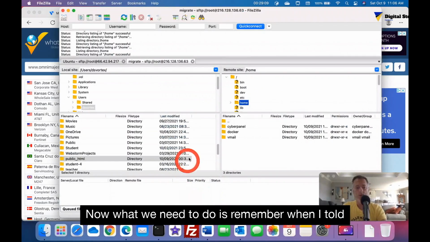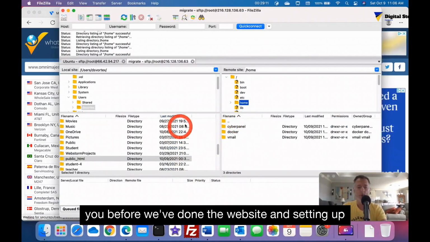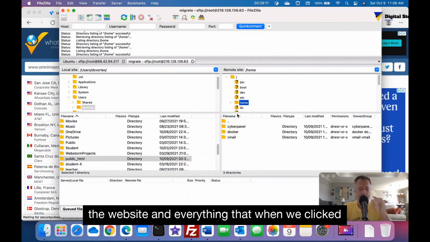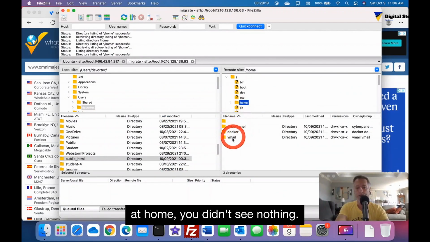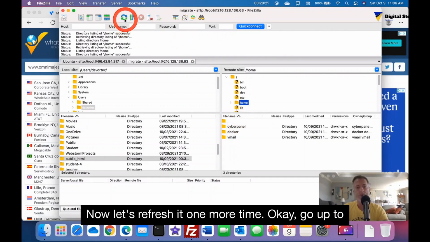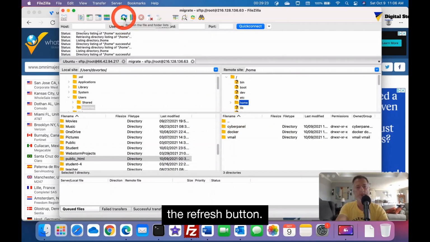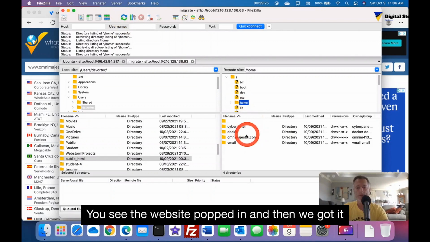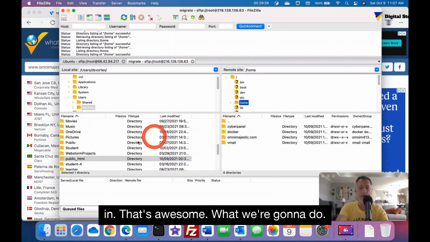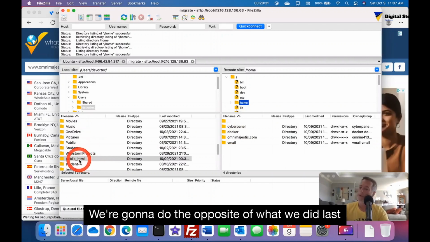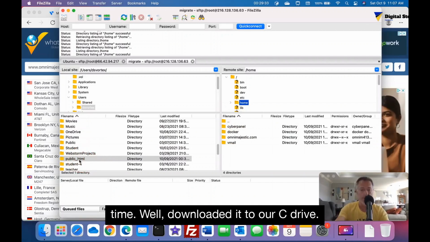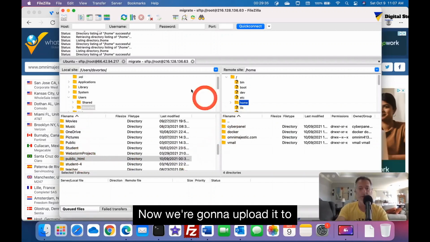Okay, now what we need to do is, you remember when I told you before, when we were setting up the website and everything, that when we clicked home, you didn't see anything. Now let's refresh it one more time. Go up to the refresh button. You see the website popped in. Now we got it in. That's awesome. What we're going to do is the opposite of what we did last time. We downloaded it to our C drive. Now we're going to upload it to